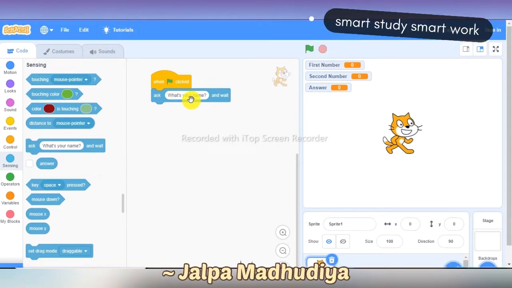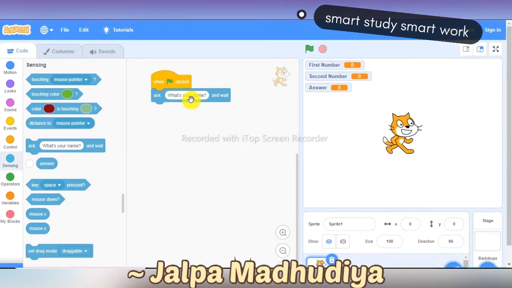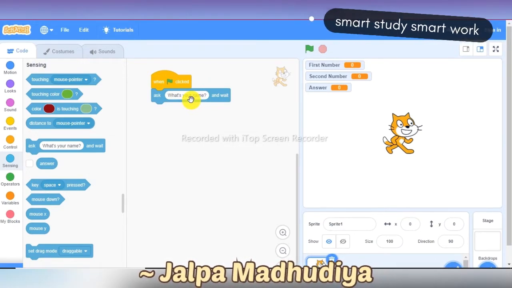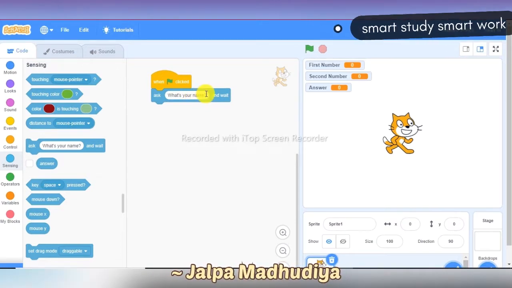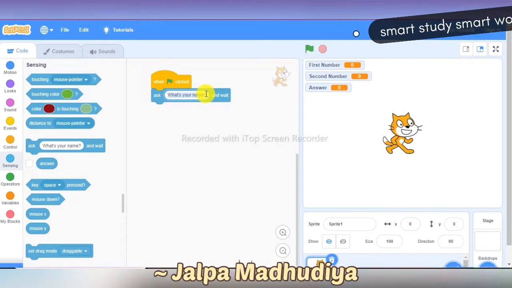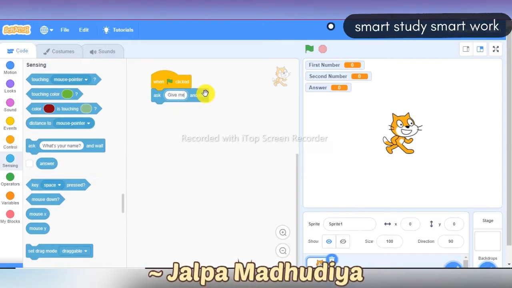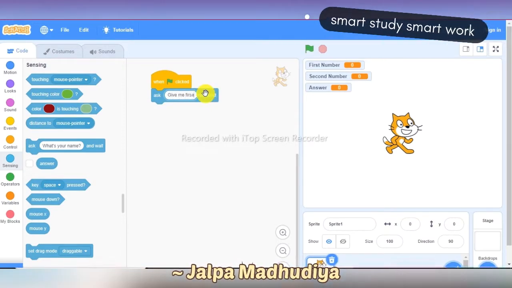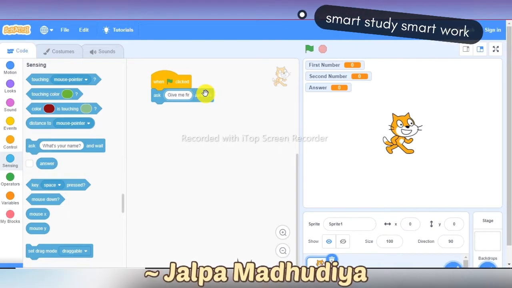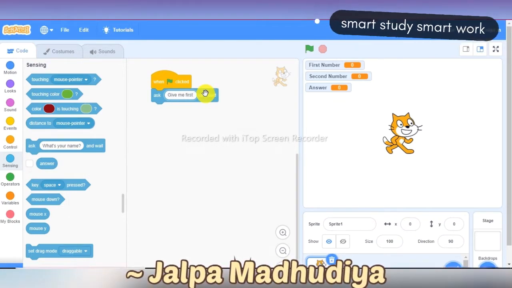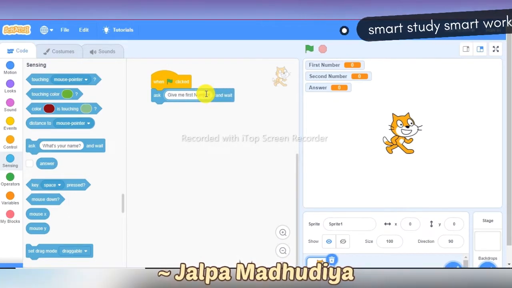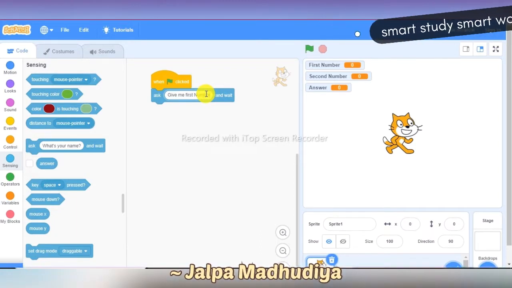The ask block prompts the user to type input using the keyboard. So here we are giving the input: give me first number.